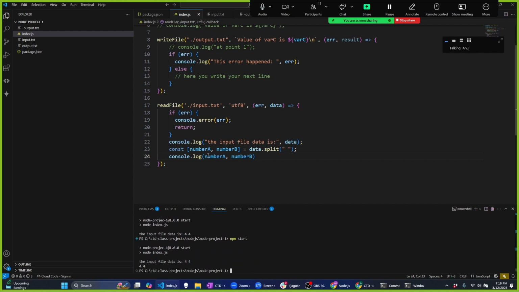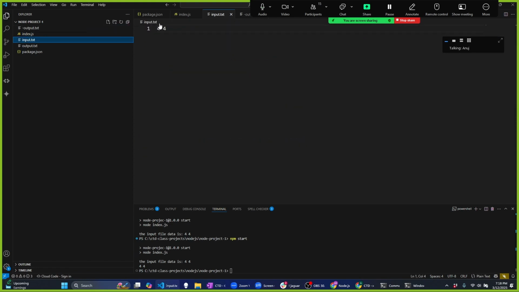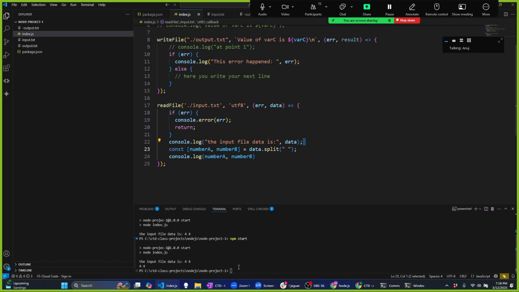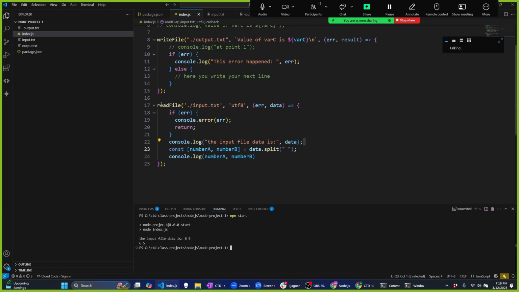4 and 4. Now I have two numbers that I got from an input file. So if I change my input file to 6 and 5, I would get it as a 6 and 5. So going back to the code, what I'm doing here is on line 17, I am invoking the file